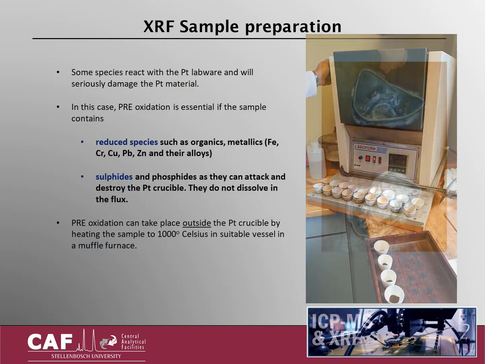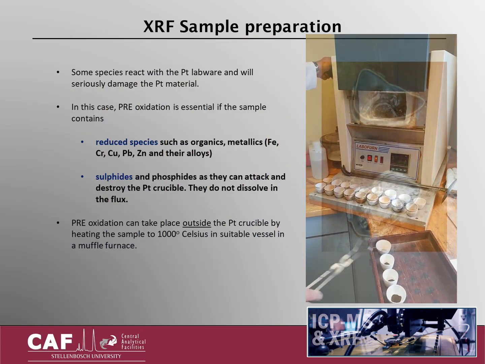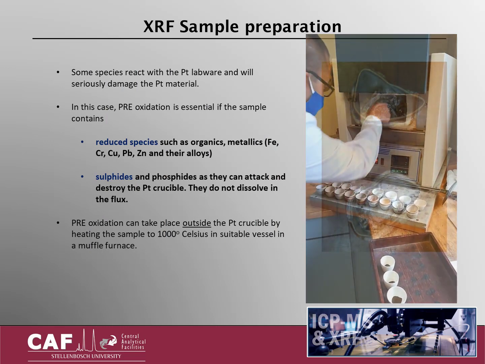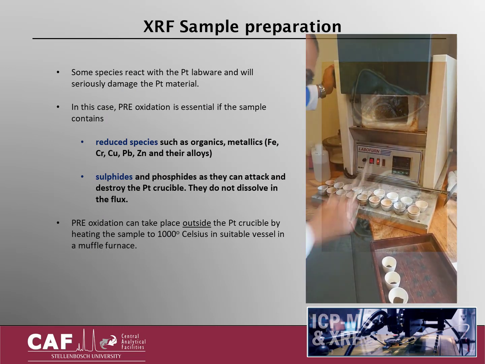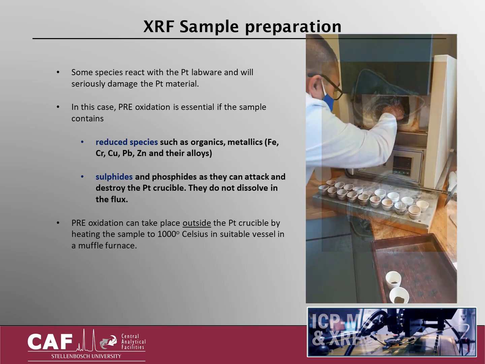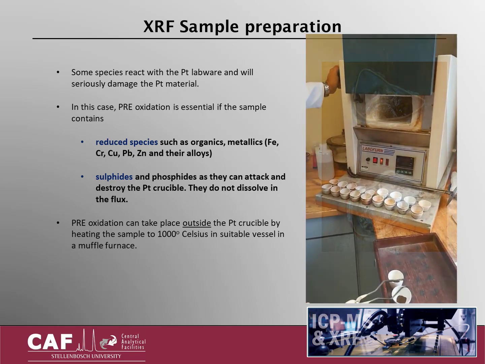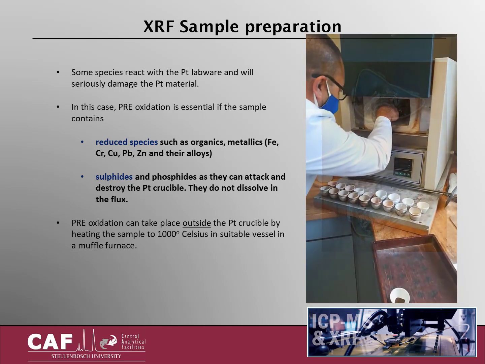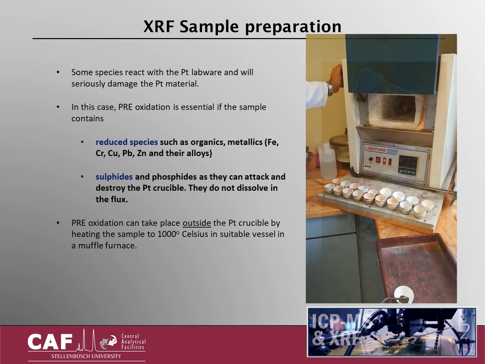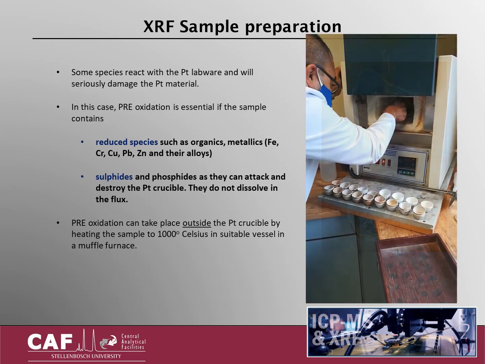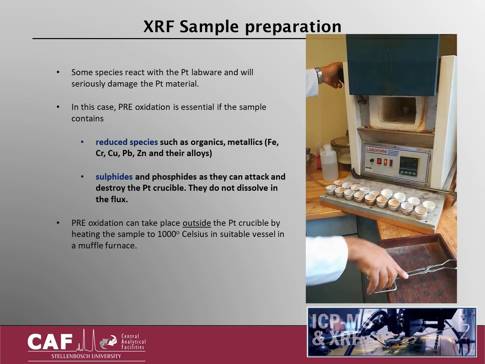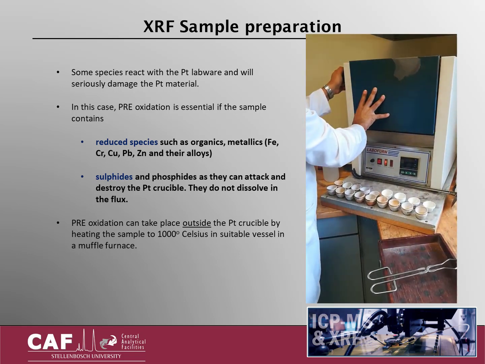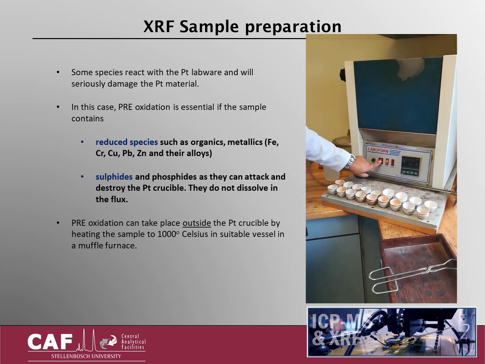Pre-oxidation is essential if samples contain reduced species such as organics, metallics, carbides, sulfides, and phosphides, as they do not dissolve in the flux but attack and destroy the platinum crucible. Pre-oxidation can take place outside the platinum crucible by heating the sample to 1000 degrees Celsius in a suitable vessel